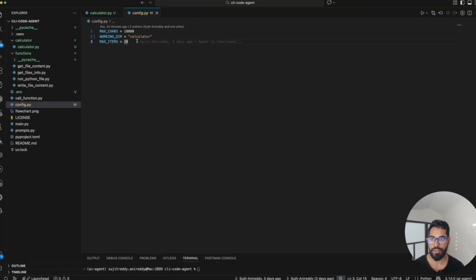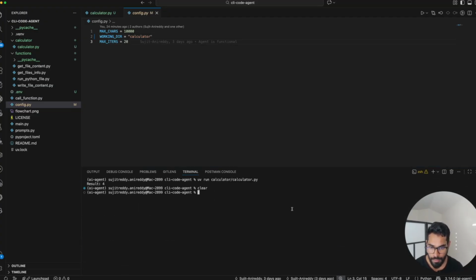So make sure that you have this working directory configured if you're about to use this project for your own purposes. But these are the 4 tools it has access to. So it's going to build a function mapping to say, okay, these are the 4 tools I have access to. Which tools make sense for me to start working on this task which the user has given. For example,